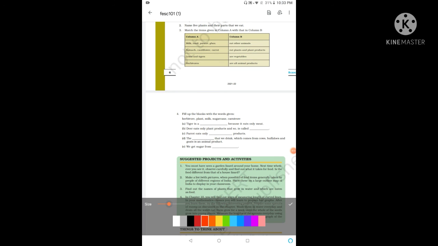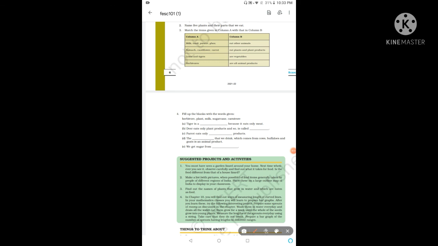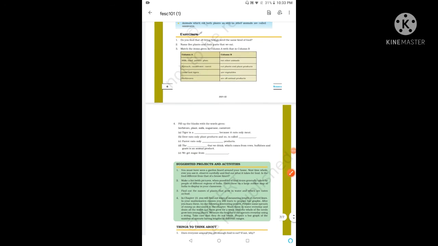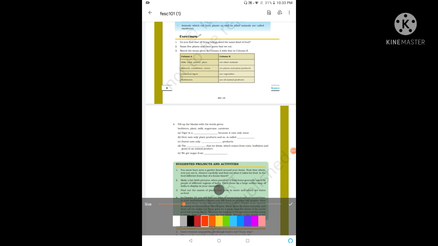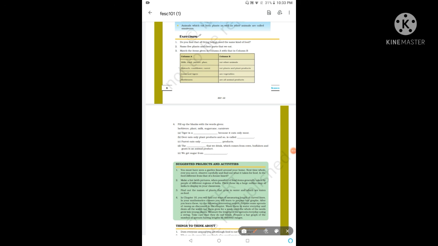So ये हो जाएगा हमारा आज का होमवर्क। So question 1, 2, 3 and 4 is होमवर्क। मैं अपने यहाँ पे इसलिए साइन भी कर रही हूँ, ठीक है।